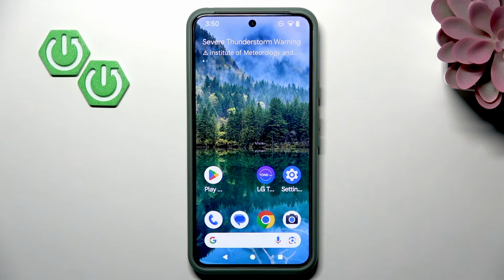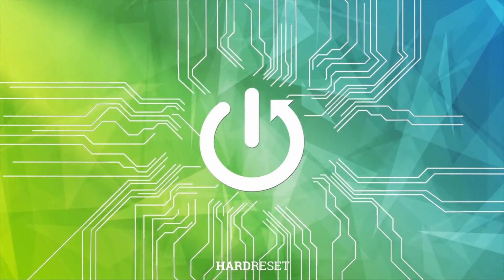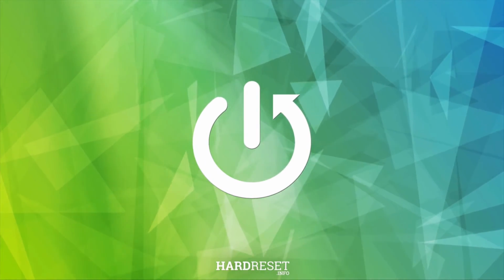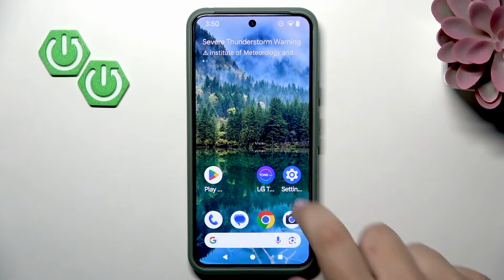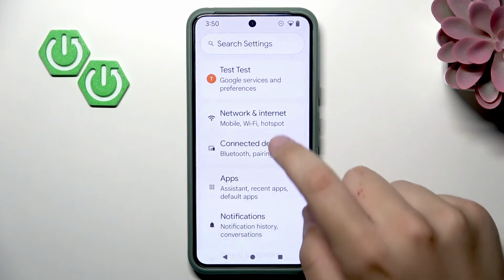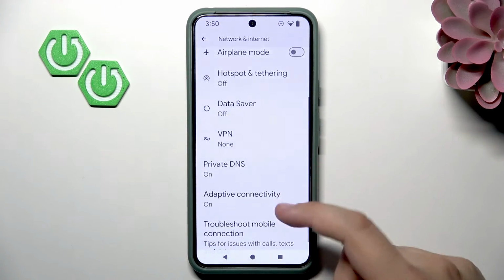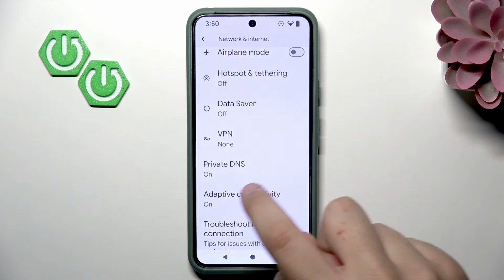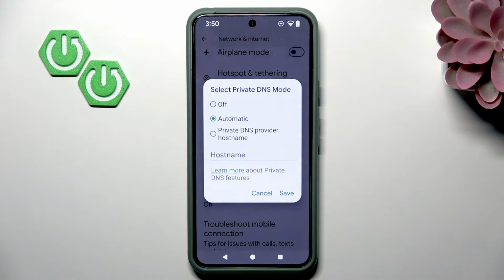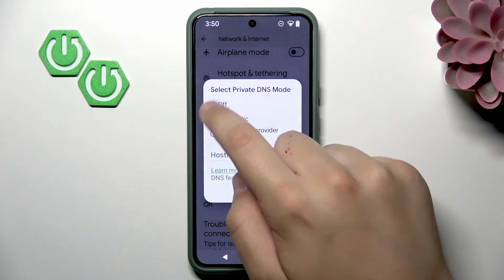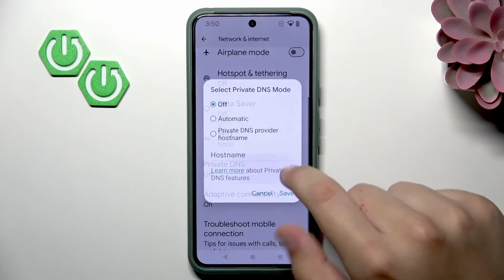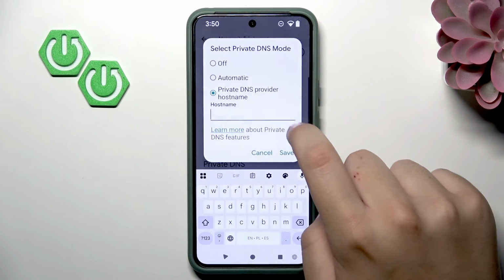Today I'll show you how to use private DNS on Android 16. So first, go to settings, now go to network and internet, and here we need to scroll a bit down until we see the private domain name system, which is the DNS. Now as you guys can see, we can either turn off the private DNS or we can provide the host